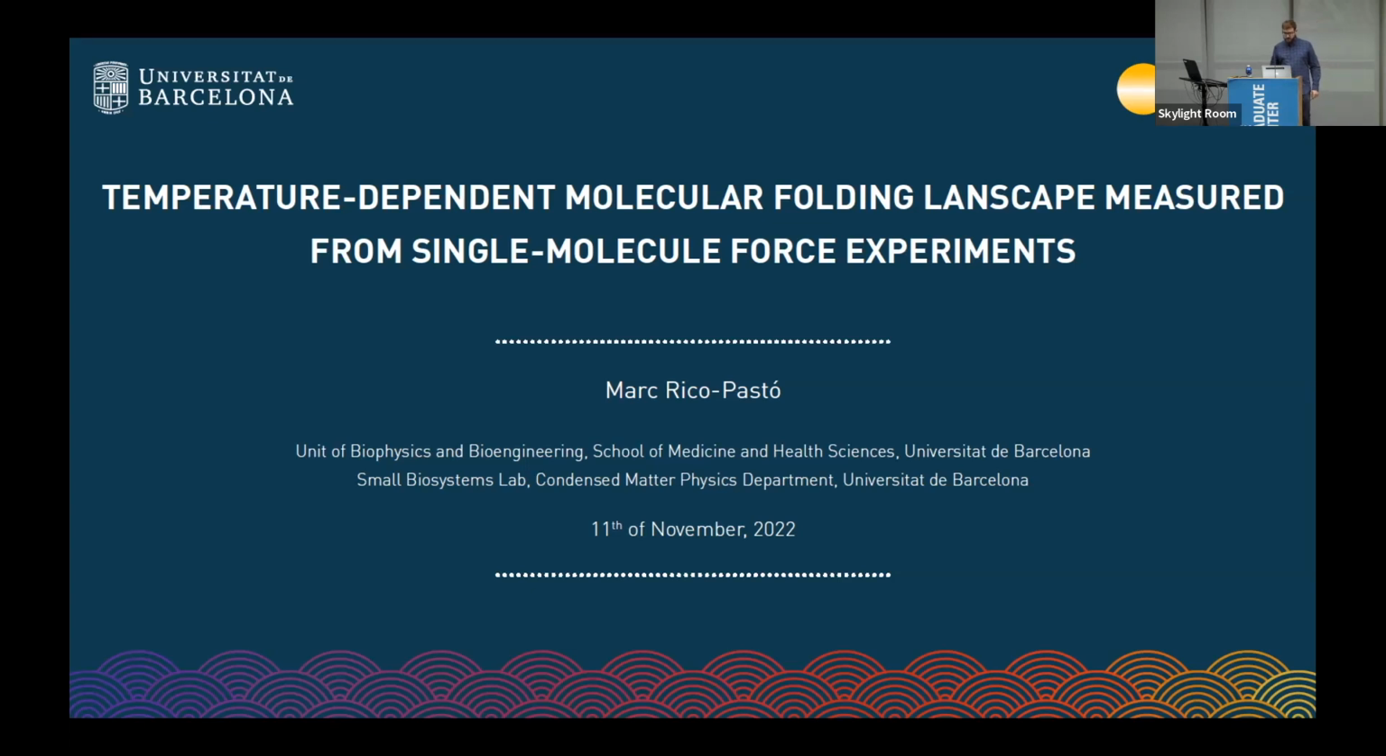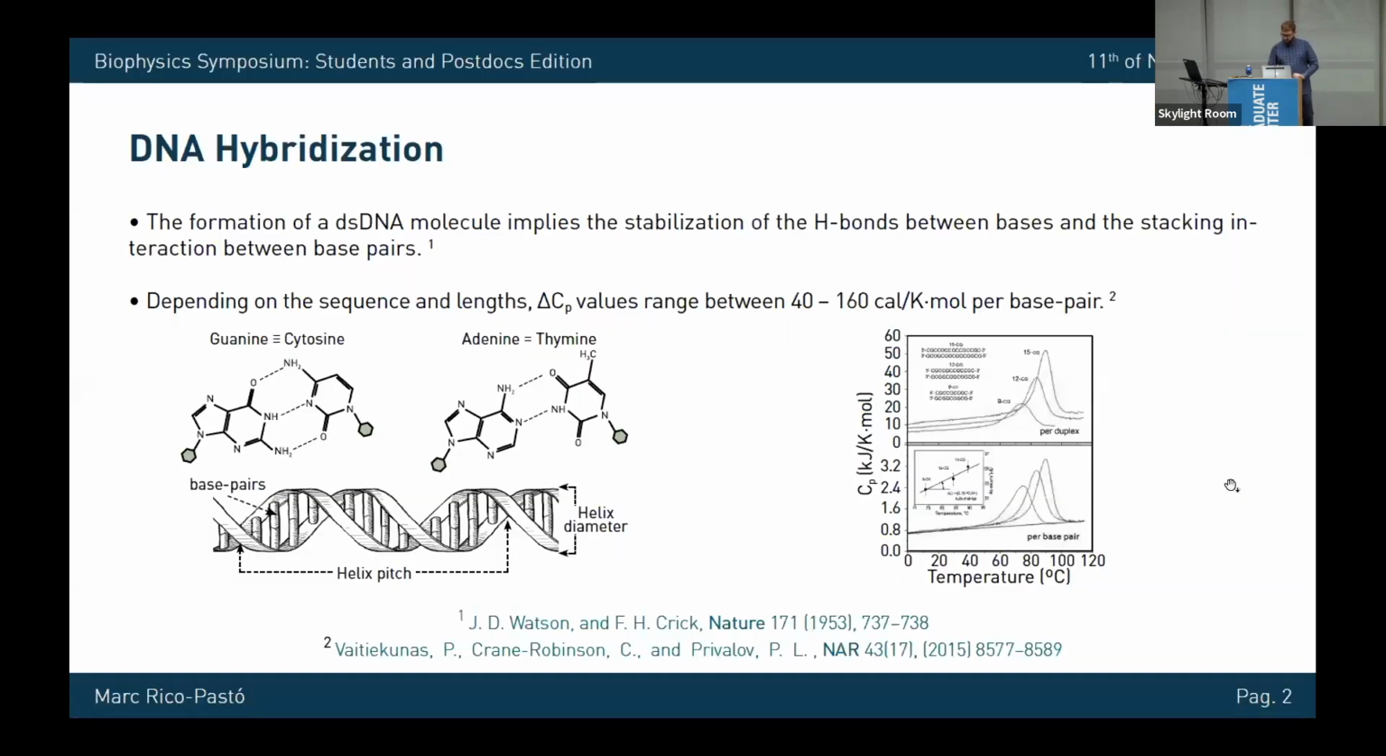The first folding process that I will discuss is DNA hybridization. This is the process where two independent single-stranded DNA molecules meet each other, forming the double helix that was discovered by Watson and Crick. In this process, the hydrogen bonds and the stacking interactions of the base pairs take